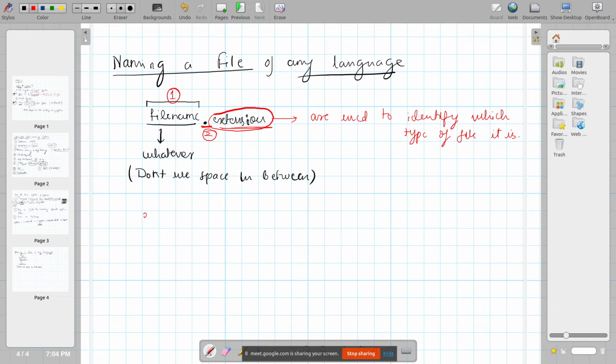If you want an example, I will write something like this: first program. I did not give a space in between, I just used camel case, or you can use underscores. First program. For Python you should write it the second way. The first step is to write the file name, the second step is to put a dot. I have put the dot here. The third step is to write the extension. The extension for Python is .py. So you should write py. This is actually called the extension.